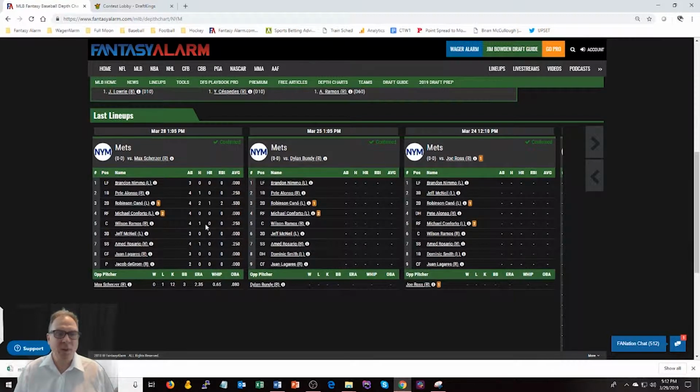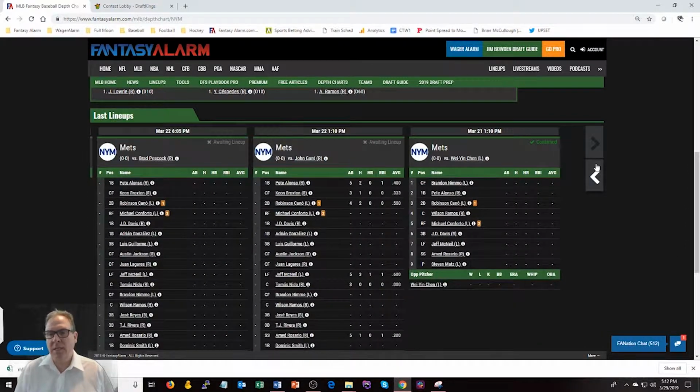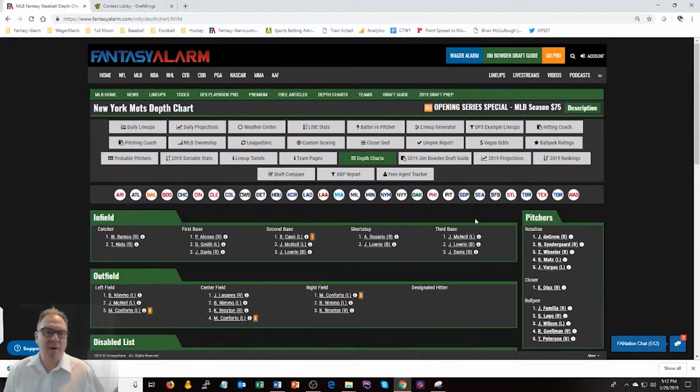And then, of course, we have your last lineups here, so you can circle back through the last 10 lineups and see exactly how the teams are performing. So, a very, very good function there. The rest of the things are preseason stuff, but that has been a run around the block for your tools